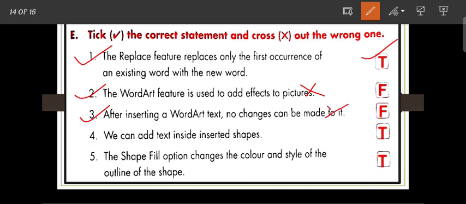This statement is also false. We can easily change the WordArt. Next: we can add text inside the inserted shape. This statement is true. Next: the Shape Fill option can change the color and style of the outline of a shape. This statement is also true. So these are the true false questions from the exercise.